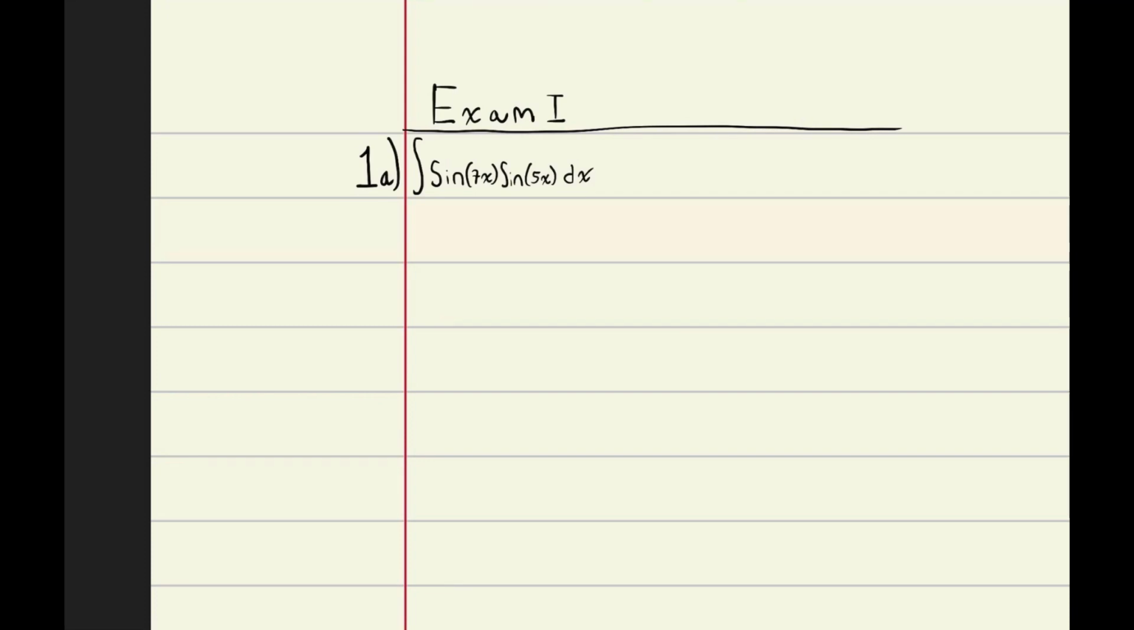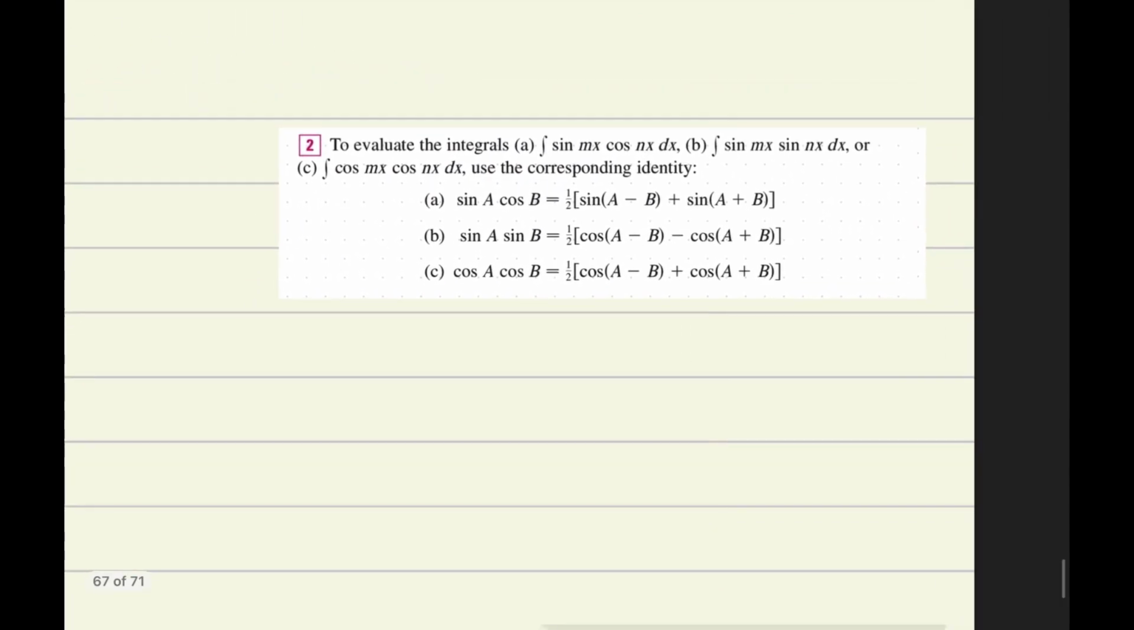Part A of the first question is the integral of sine of 7x times sine of 5x dx. To solve for this, we have to split up the multiplication, and to do that we can use an identity. And you can see we have a sine times a sine, so we'll use this formula where A and B